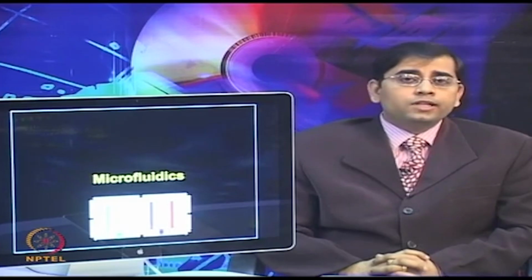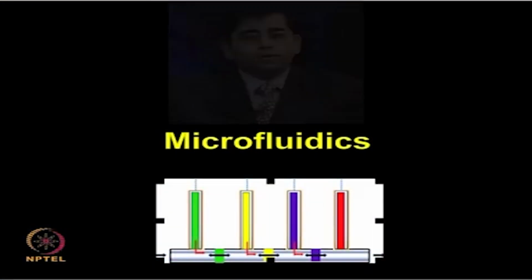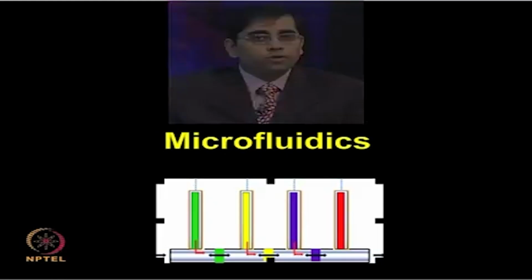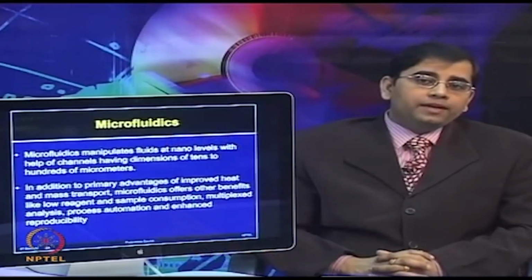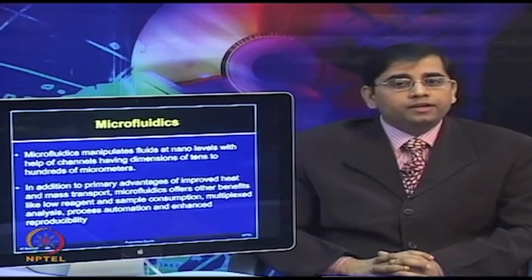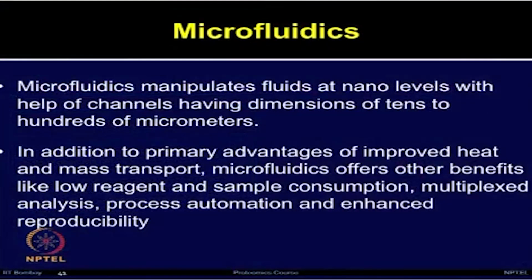microfluidics. So, processing of ultra small fluid volumes with the help of channels of 10 to hundreds of micrometers, which gives the sensitivity in the range of picomolar to femtomolar. The microfluidics manipulate fluids at the nanoscale with the help of channels with dimensions of 10 to hundreds of micrometers. So, in addition to the primary advantage of improving the heat and mass transport, the microfluidic system offers various other benefits such as low reagent requirement, low sample consumption, multiplexing analysis, automation process, as well as enhanced reproducibility of